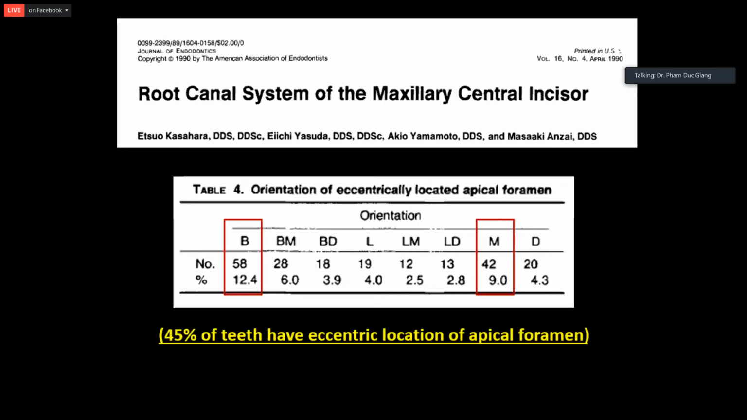So this means that in half of the cases in maxillary central incisors, we may have different locations of the